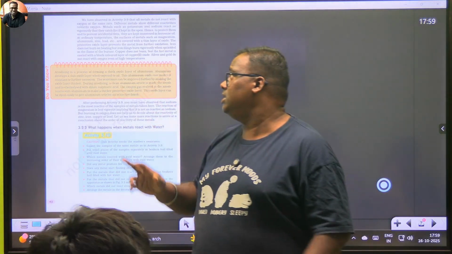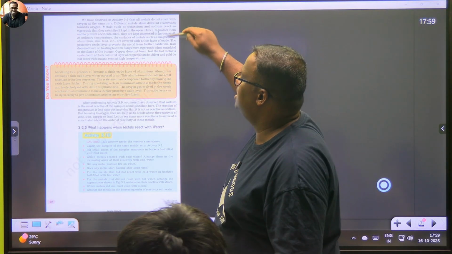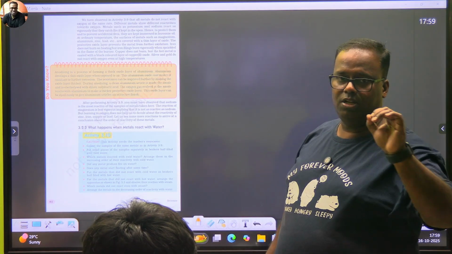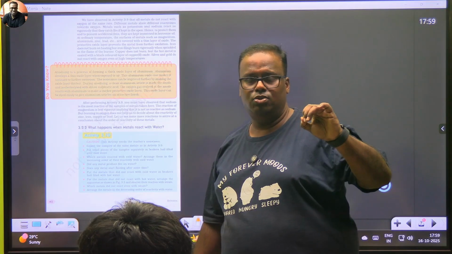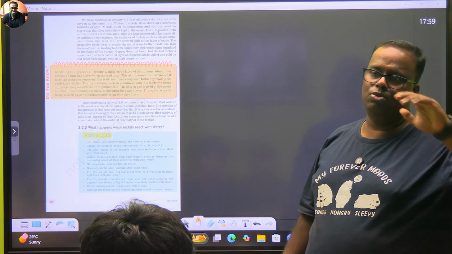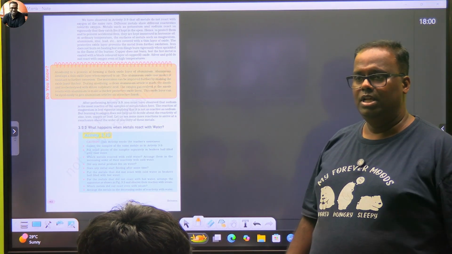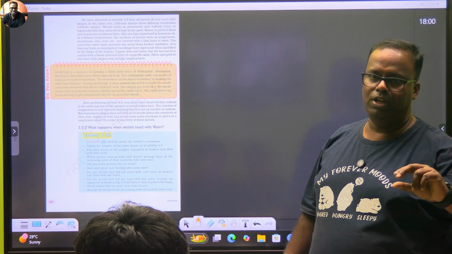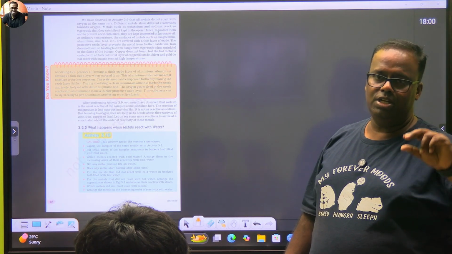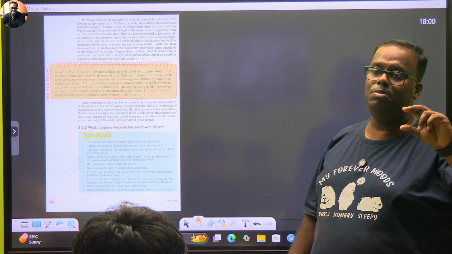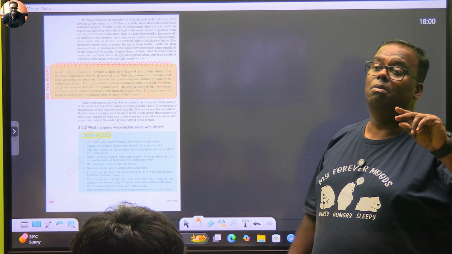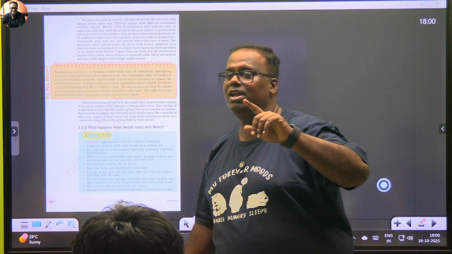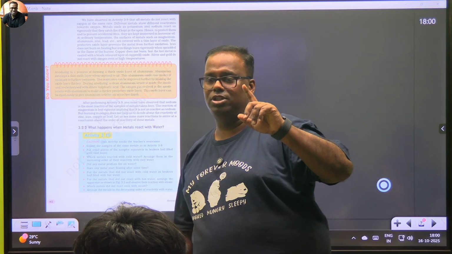Okay, so let's see. In this, we will be seeing questions on sodium. Sodium is kept under what? Kerosene. To do two things: one is to cut off the supply of oxygen and also to give it a cool environment. Sodium's ignition temperature is very low. Ignition temperature is the minimum temperature at which a substance catches fire and sustains it. If it just catches fire, then it is called the flash point.